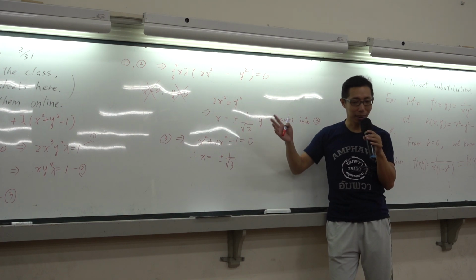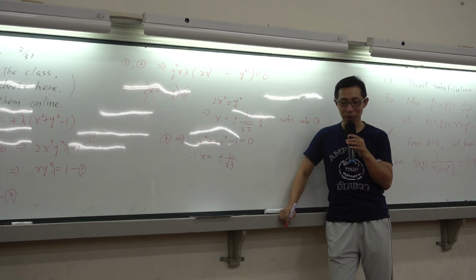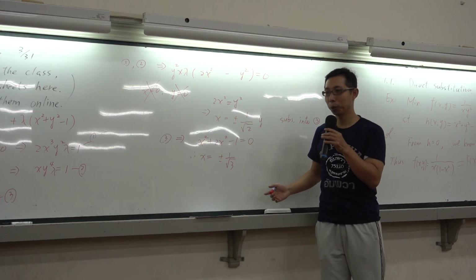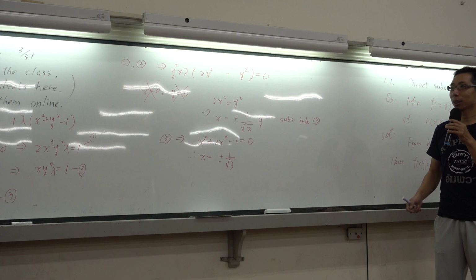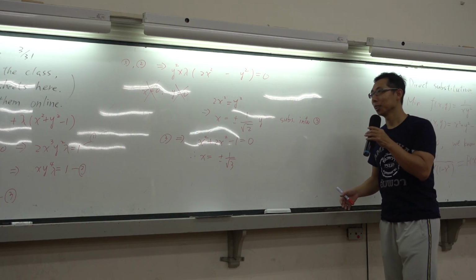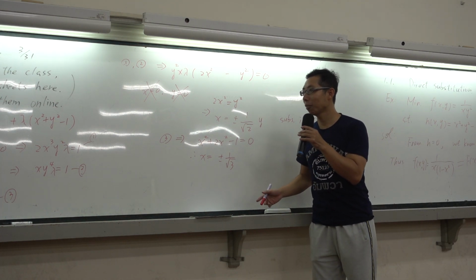There is the standard way or the strict way to make sure whether the point you find is a local minimum or local maximum. But there's also another easier way. Okay, not very strict, but